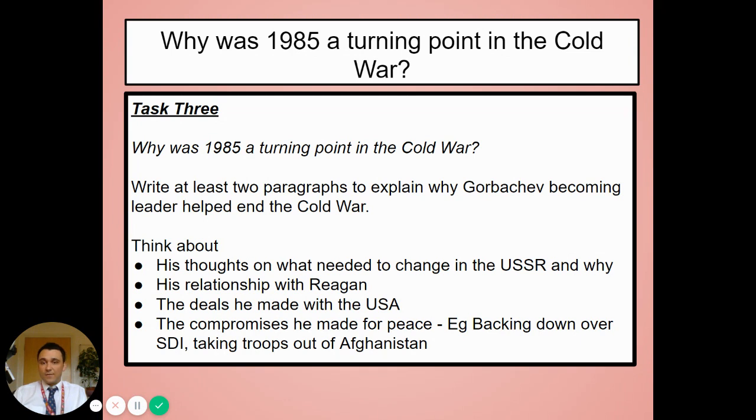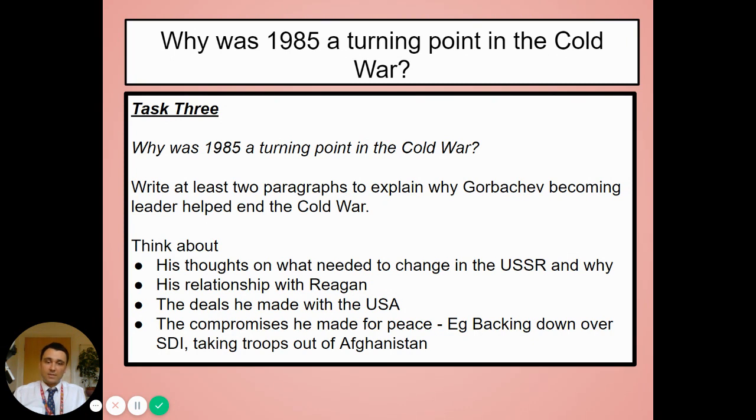So, your third task and your final task for this week: why was 1985 a turning point in the Cold War? I'm looking for you to produce at least 2 paragraphs to explain why Gorbachev became leader and why that helped end the Cold War. I want you to think about his thoughts on what needed a change in the USSR and why. His relationship with Ronald Reagan that allowed the deals to be made, the fact that they had a working friendship, the actual deals he made with the USA and how that helped change the Cold War, and the compromises